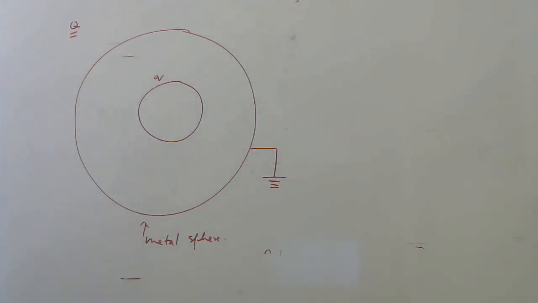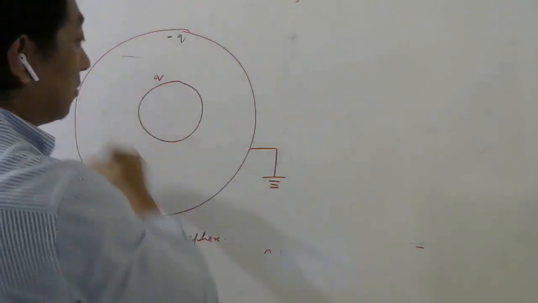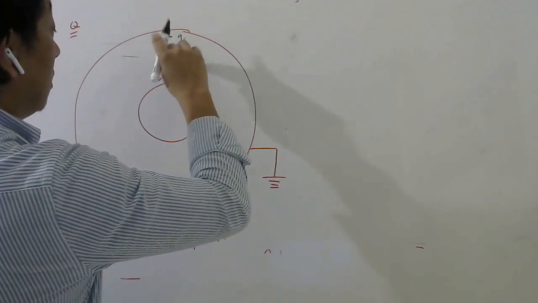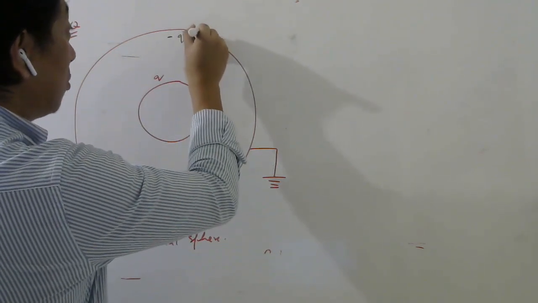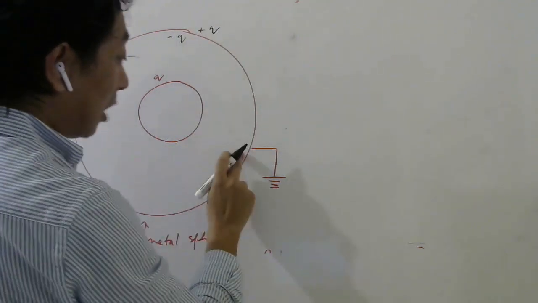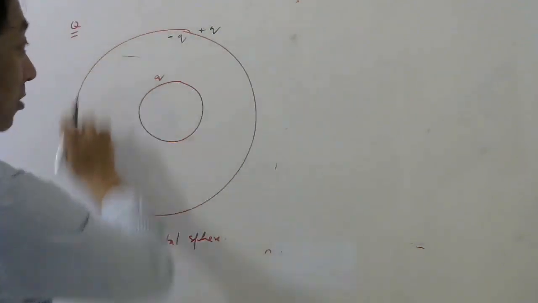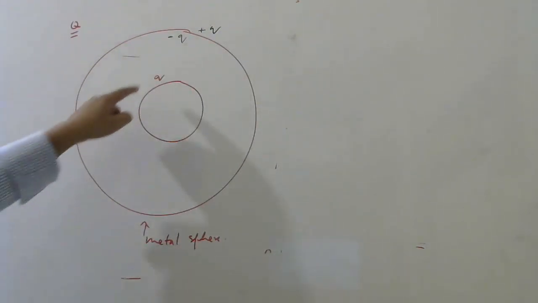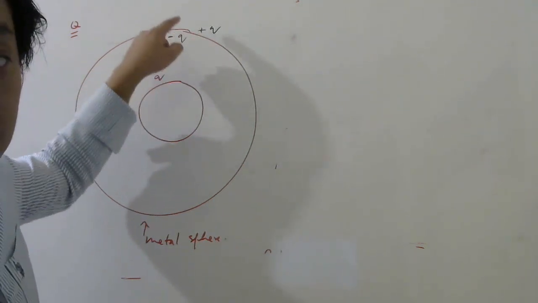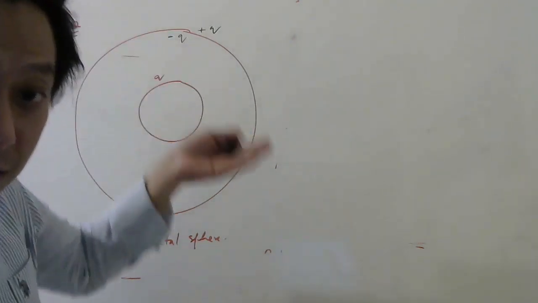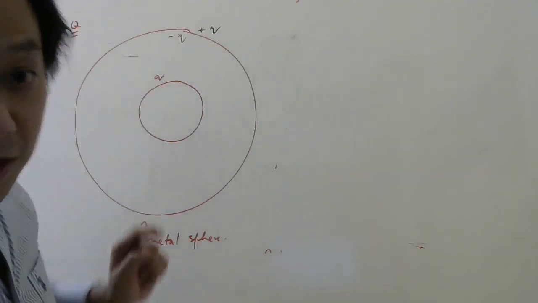So look carefully. Before, what I used to say, if this is q, this should be minus q no matter what. Inner surface will be minus q. So now outer surface will be how much? Now you cannot say, it has to be plus q only, because now it is no longer isolated. When it was isolated, what I used to tell you, the total charge of this is conserved. So if you put q here, then minus q will come, but total charge is 0, so it should remain 0 afterwards also. Meaning, if inner surface has minus q, outer surface should have plus q.